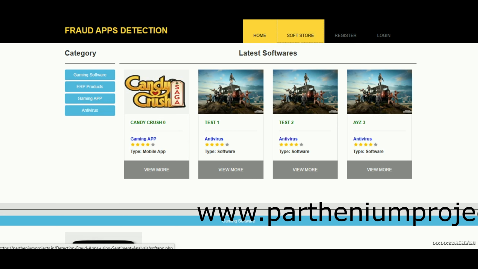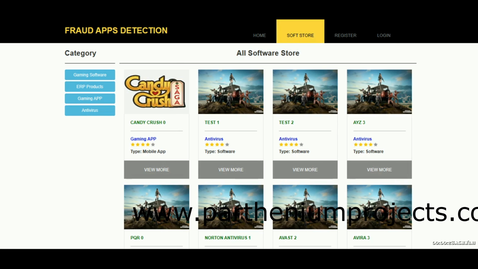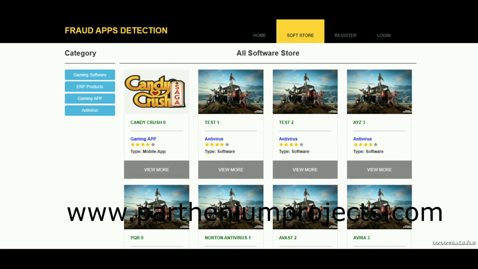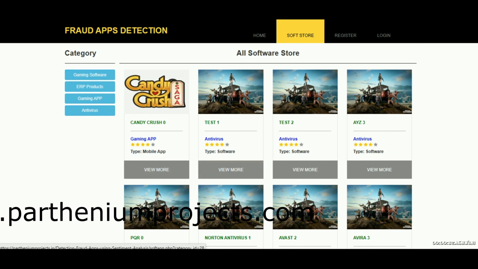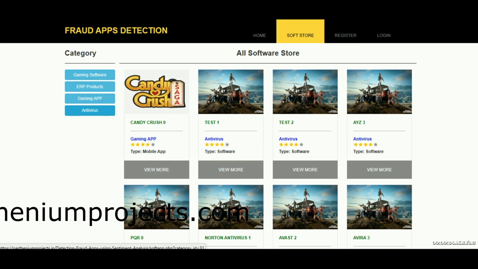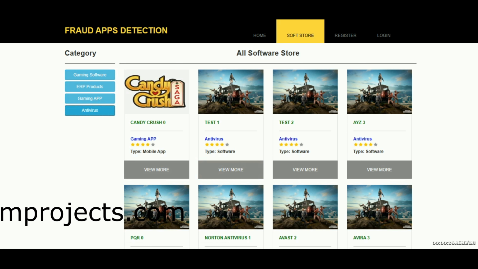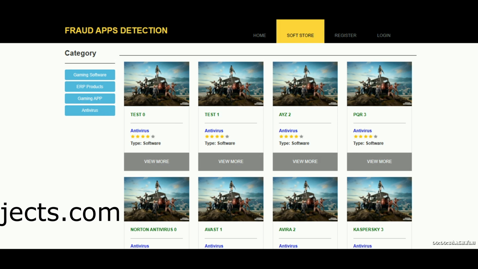Next we'll see the soft store. Soft store is nothing but the software present in the store. You have different categories. When you click on the category, that particular software will be appearing. Here I have pressed antivirus, so all the antivirus software will be listed out.